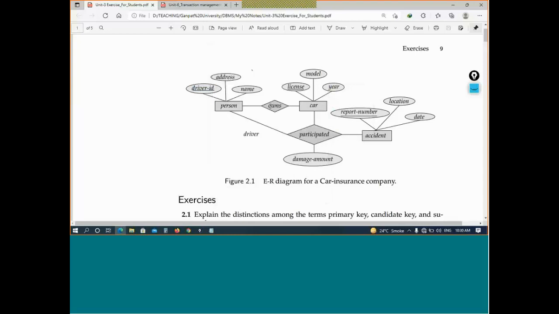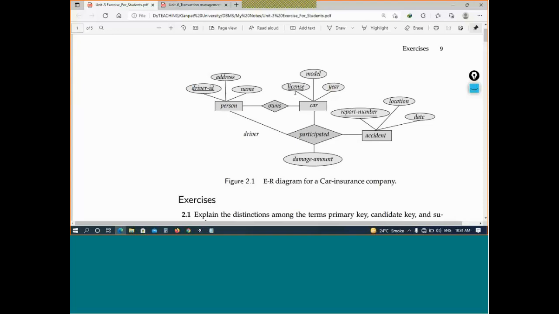Person owns car: they have not given any attribute here like registration number. Here, participated: I have not given any damage amount. Yes, damage amount is also important, but I have added damage type.